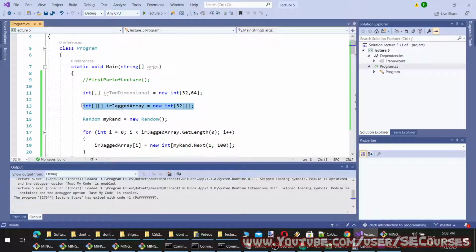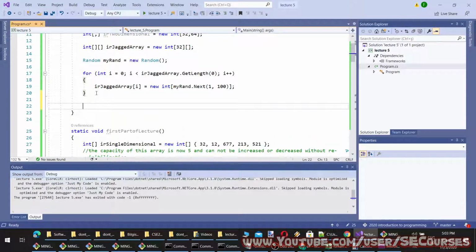We could also define a jagged array like this. Let's say the third one will be a multidimensional array, and the fourth one will be another multidimensional array. So array version 2, how am I going to define this?